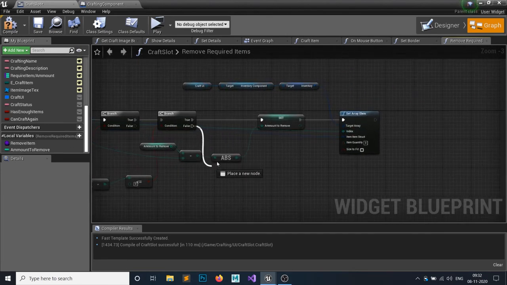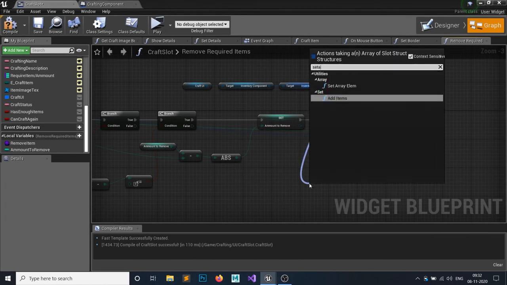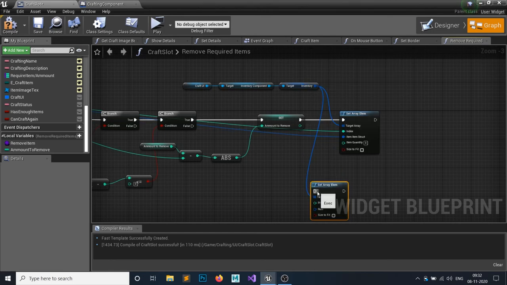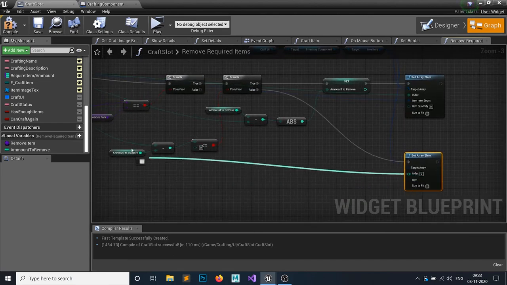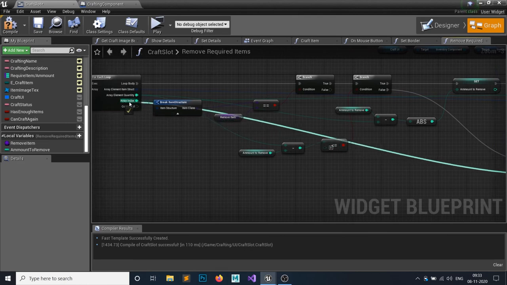And let's do the false part. So if it's false, then also I want to set the array element for the false part. But if it's less than or equal to 0, then I don't want to set any index, I think.